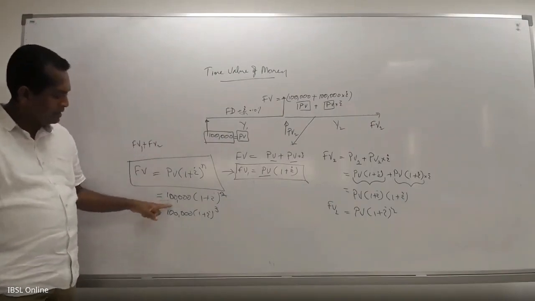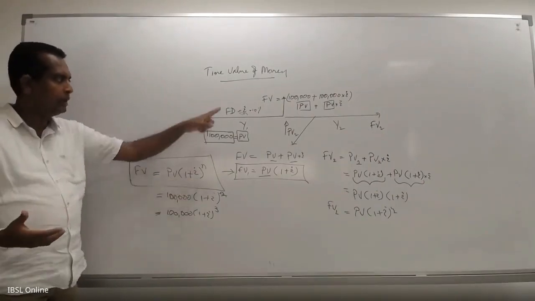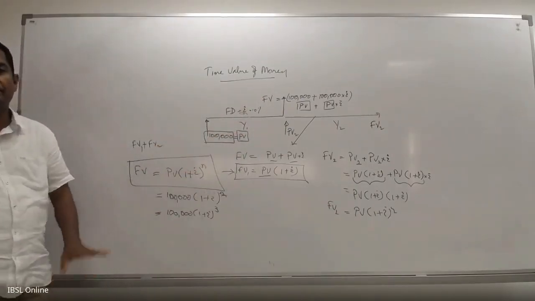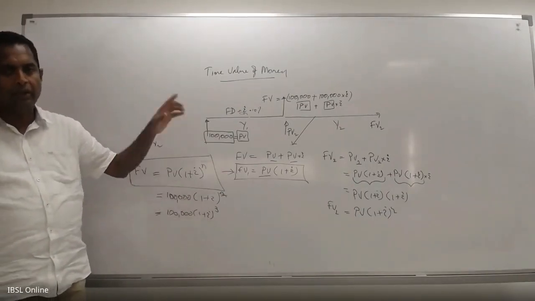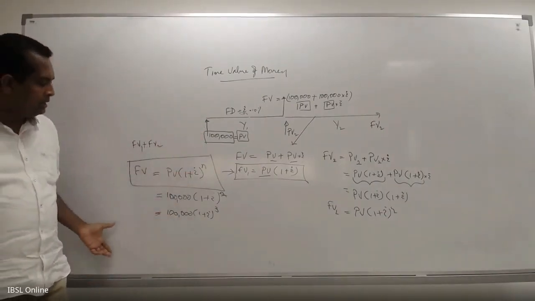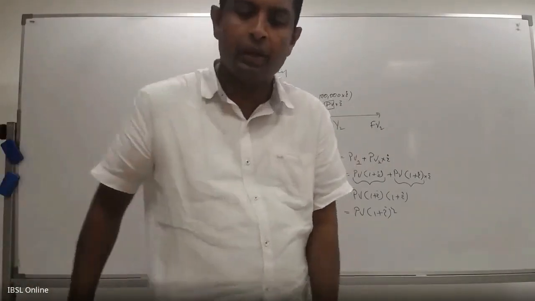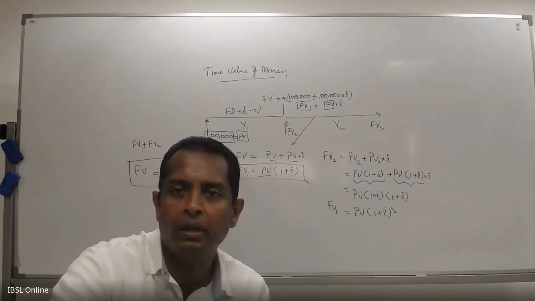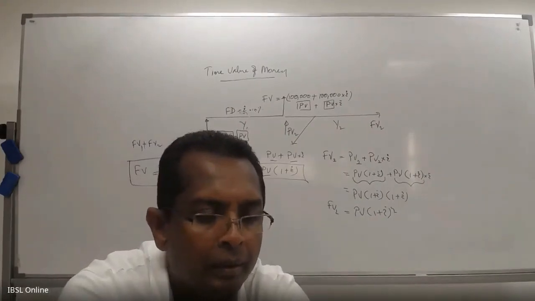Then I have the initial investment. I have an interest rate which I use to calculate on this initial investment, and you have the number of years, 5. So it is present value into 1 + I to the power 5. If it is 10 years, to the power 10, like that it changes, right? This is the time value of money. Please let me know whether you understood it. Time value of money, is it right?